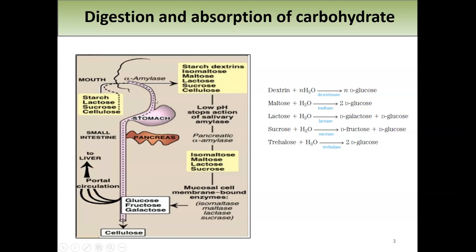So therefore here the digestion of the carbohydrate is not complete, and in the stomach the low pH stops the activity of alpha amylase, and most of the digestion occurs in the intestine. So in the small intestine, the pancreatic alpha amylase secreted by the pancreas into the small intestine continues the digestion of carbohydrate, and at the end here in the intestine there are enzymes that are mucosal cell membrane bound, including maltase, lactase, sucrase, that are capable of breaking the disaccharide down to